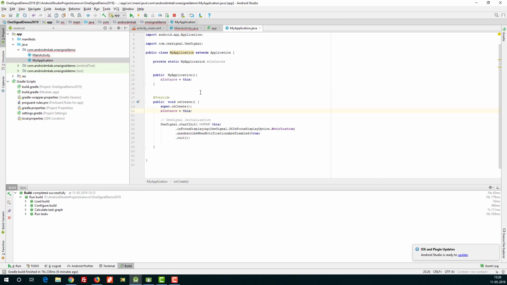Okay, after adding this line, just go outside the onCreate method and add another method, public static synchronized MyApplication getInstance.